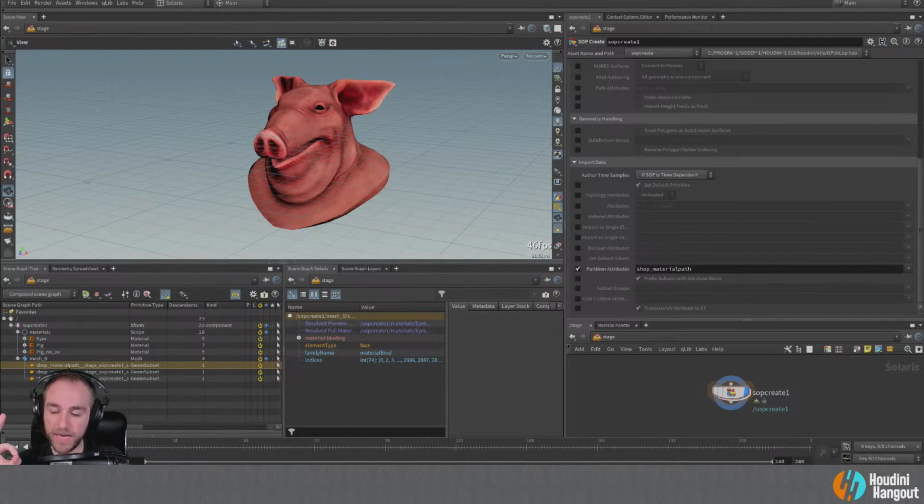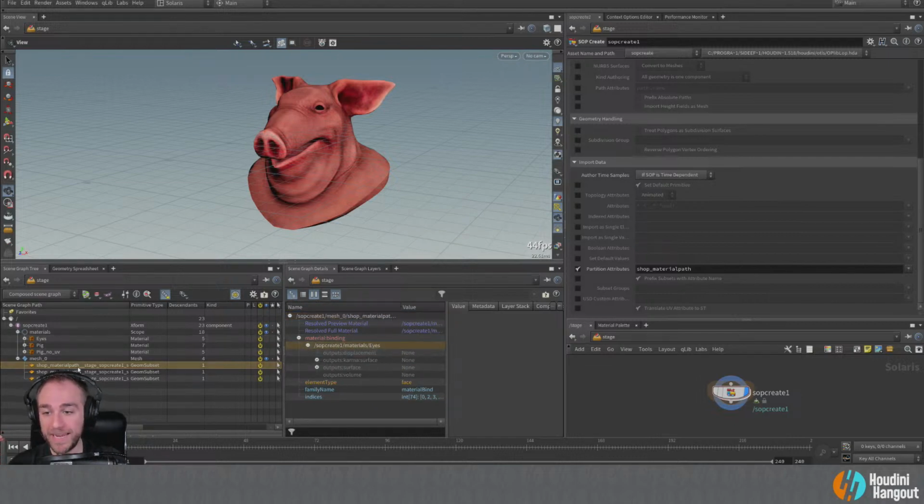So they're ways that we can take chunks of our geometry. We can't transform these. We couldn't take this and move it around. There is no transform setup in here, but we can bind materials to it, and that allows us to take something like the eyes material here and bind it to this. So it's a really helpful thing for adding shaders to your geometry. And really, these are probably closest in SOPs to groups. These are really similar to the way that you would work with groups in regular SOPs.